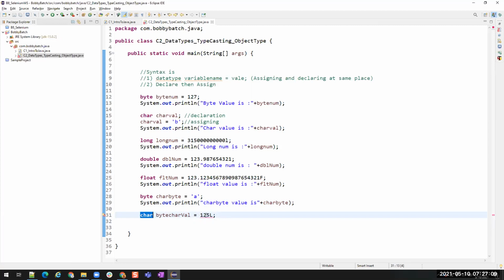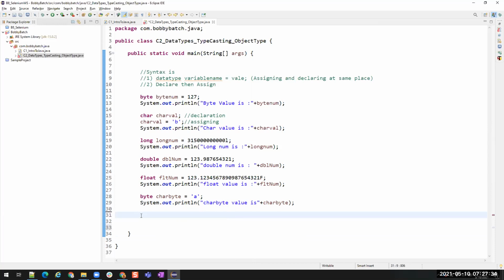No, it won't allow me to store long or float or double values inside a char. It is not allowing us to store a different type of value because this is declared as a char. We have to store a character inside this.